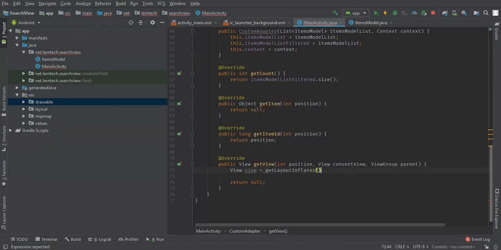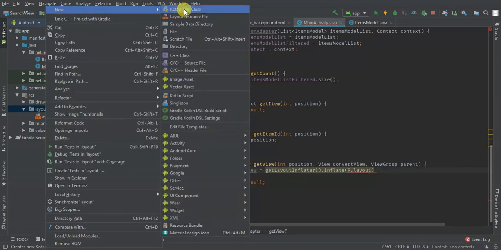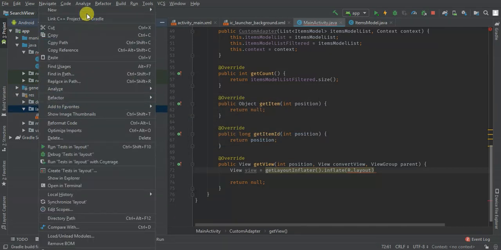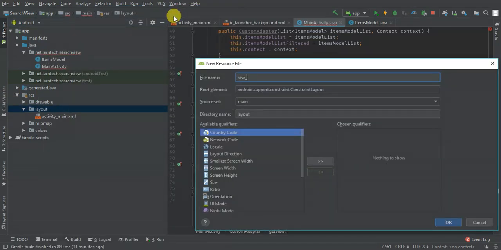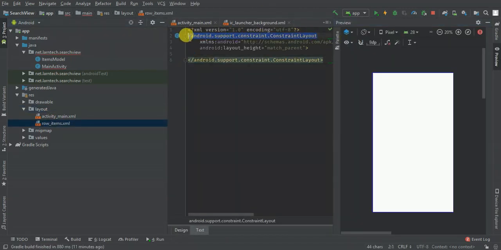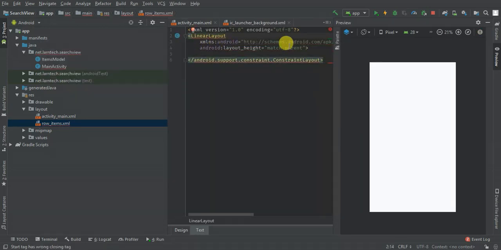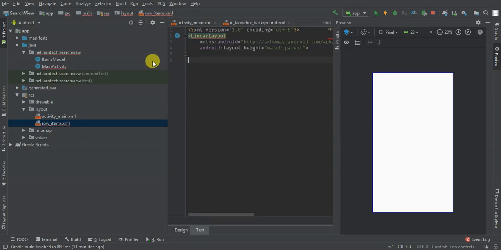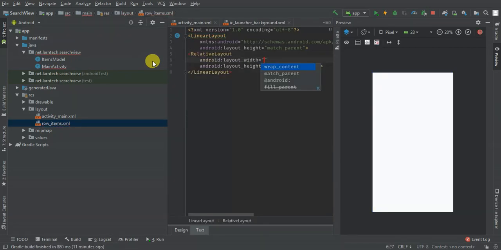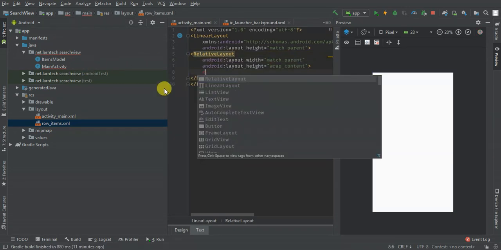Get layout inflater, inflate. Let me create my view here. I'm going to create row items. I'm going to use a linear layout. I'm going to wrap this one within a relative layout. So I'm going to have an image view,